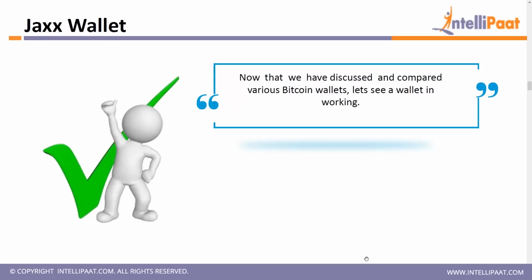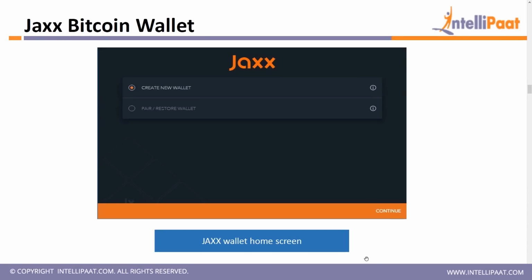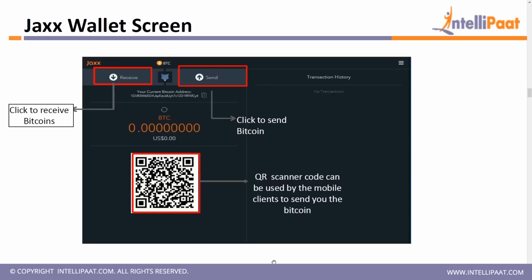Jaxx wallet. Now that we have discussed and compared various Bitcoin wallets, let's see a wallet in working called Jaxx wallet. Jaxx wallet is used for Bitcoins, and when you log in to use it, this is how its home screen looks like. You can create a new wallet or you can restore your existing wallet using the UI. Once you press on continue, you get a next screen where you can